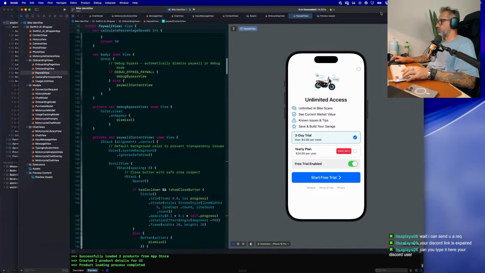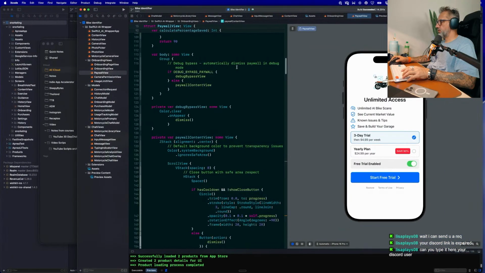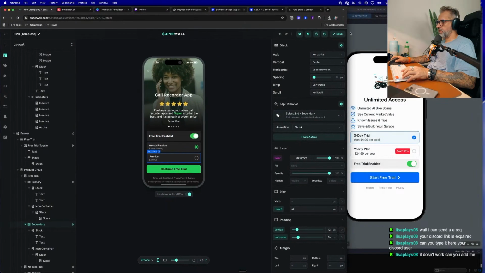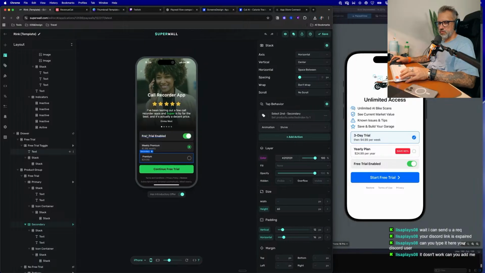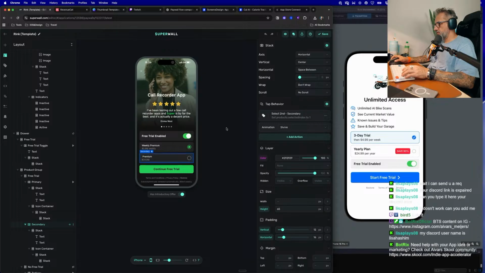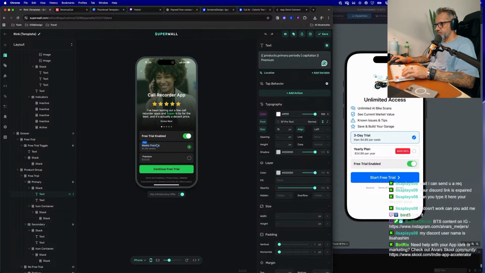I would like to more or less copy what I have here, just because I think it is a good paywall. Because this is a 3-day trial, I would like probably to have this kind of